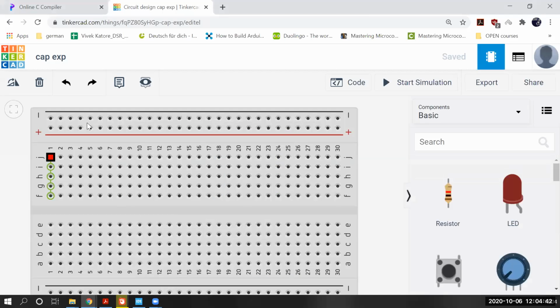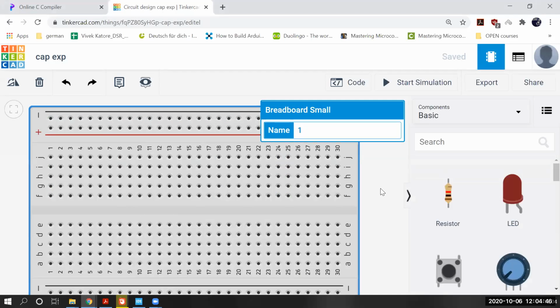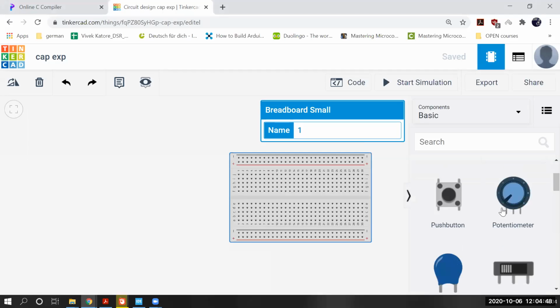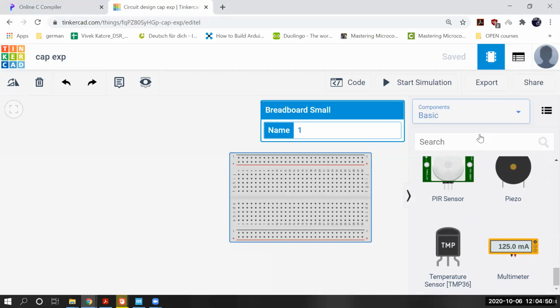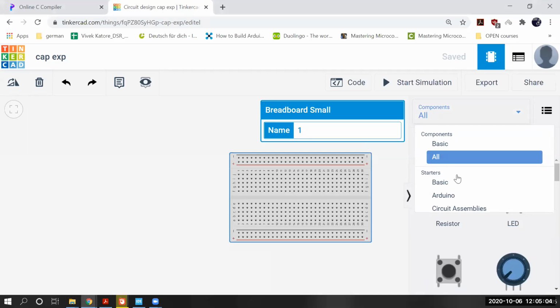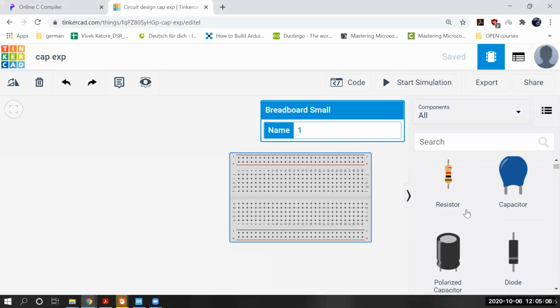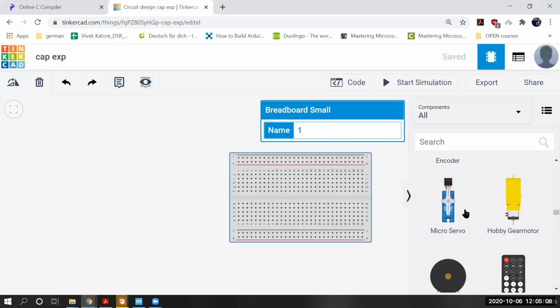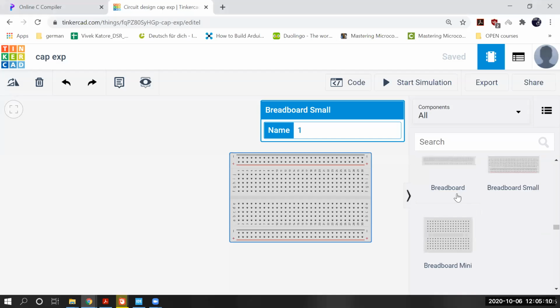So we will talk about this. This is a breadboard. You can see its name is breadboard. You can get all these breadboards from here.